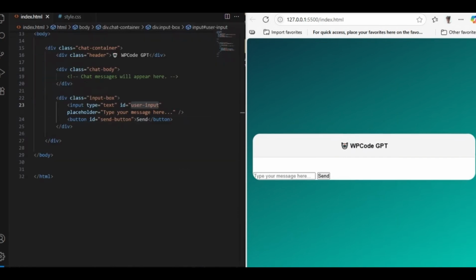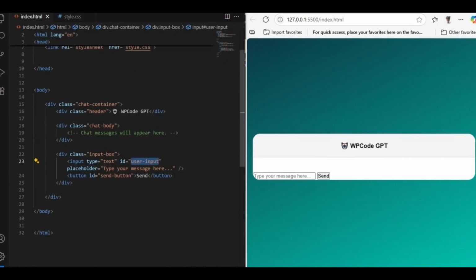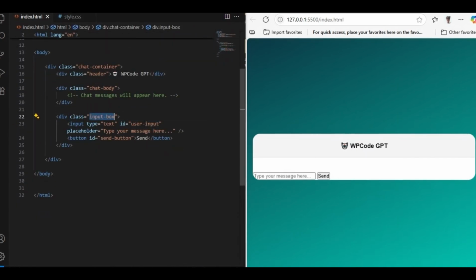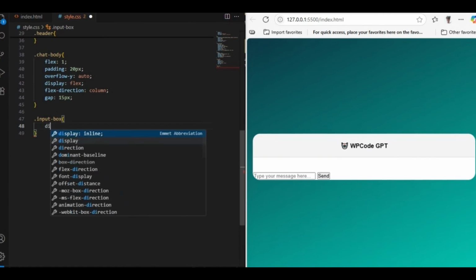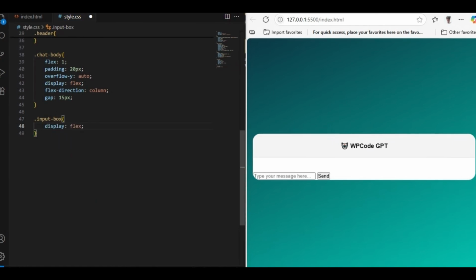and then again came back to our HTML code template, and from here just copy this input box class name and then come over here, and this input box first property will be display flex, and second one padding. This padding we're gonna give here top to bottom 15 pixel and left to right 20 pixel,